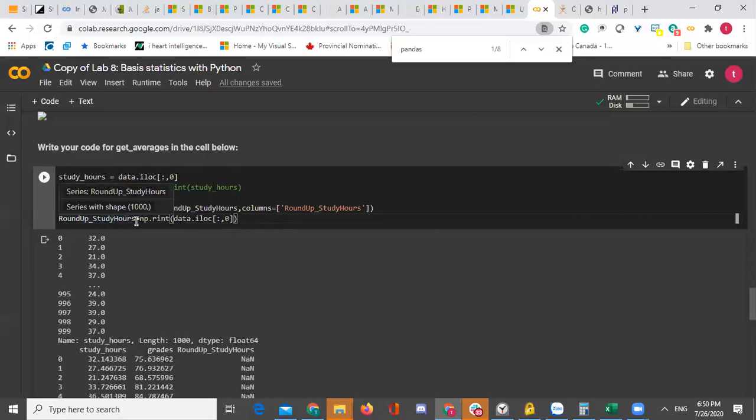This could create a new data frame. No, in the same data frame. It's not necessary to create another data frame. Okay,